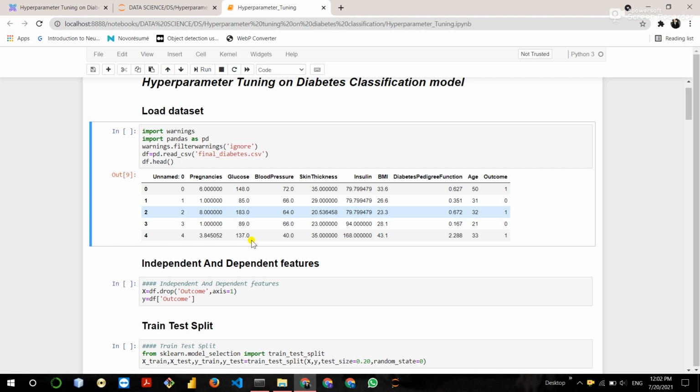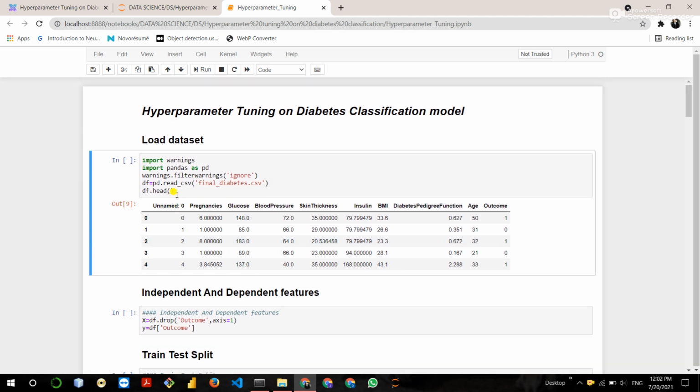If you haven't read my previous post, just go and read that. Okay, so in this tutorial, we train that model to increase its performance, but we train the diabetes classification model using the random forest classifier instead of the naive Bayes algorithm, because the random forest classifier has lots of hyperparameters to tune the model.